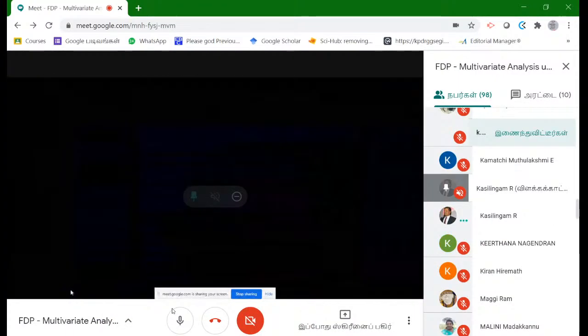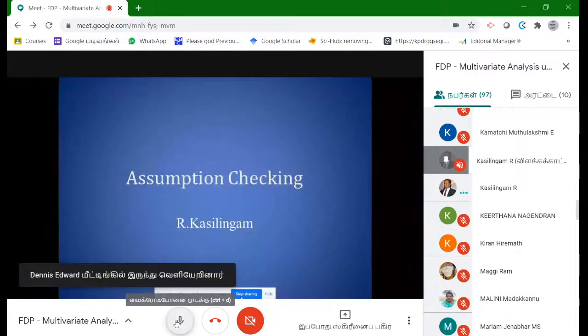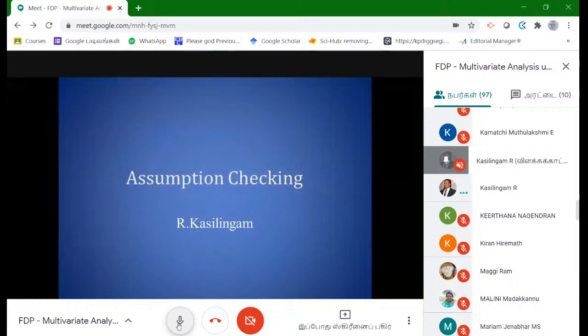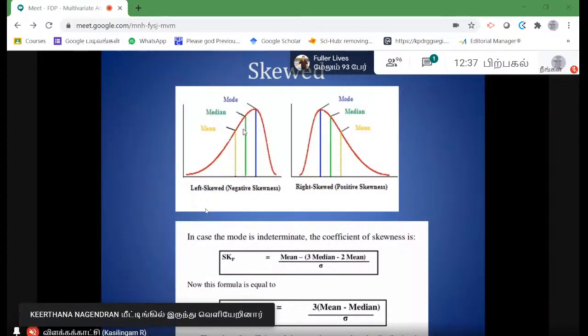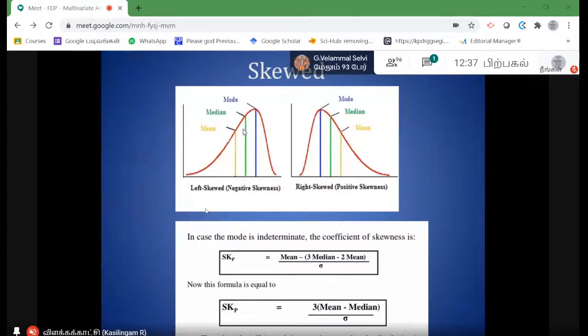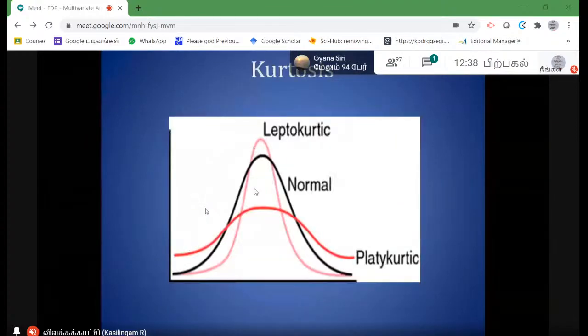Okay, now this is the mean value and this is the median. So this minus this one, you will get a minus. So your skewness will be minus, so it is negatively skewed. This mean minus median, like that. This is positively skewed. This is called left or right skewed. This is flat, that is normal.